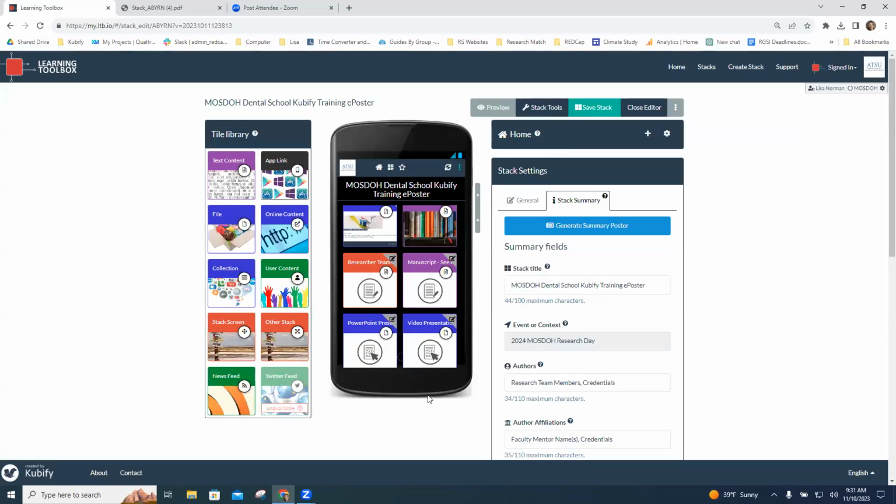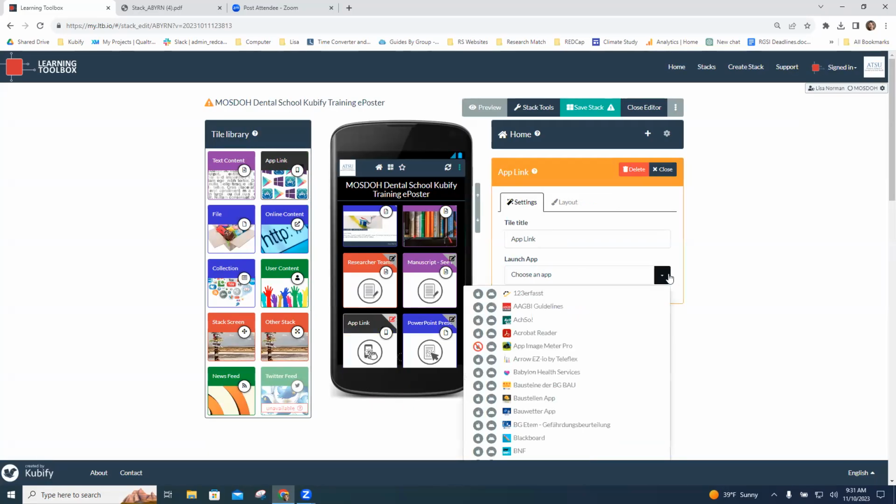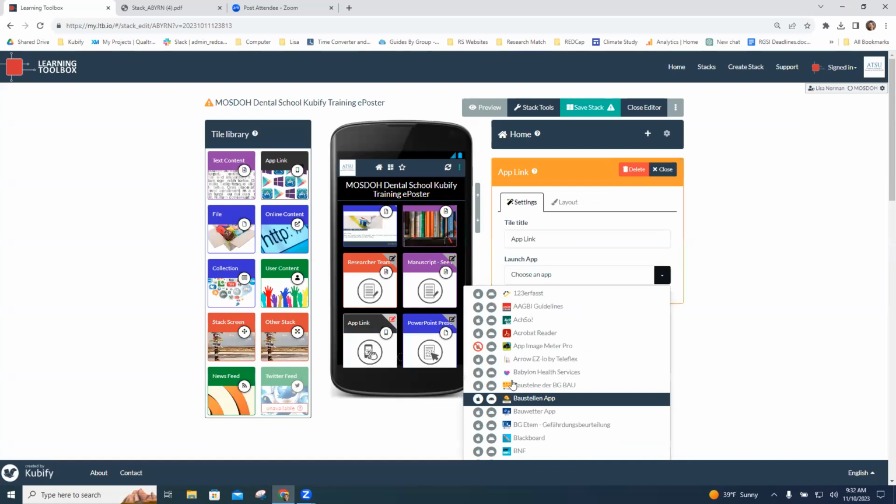And then there's one more tile that we want to talk about, and that's the app link. And we're going to drag and drop it over. And if you have an app that you would like to showcase that relates to your research, all you would have to do is click here and scroll down and choose that app. However, in our case,